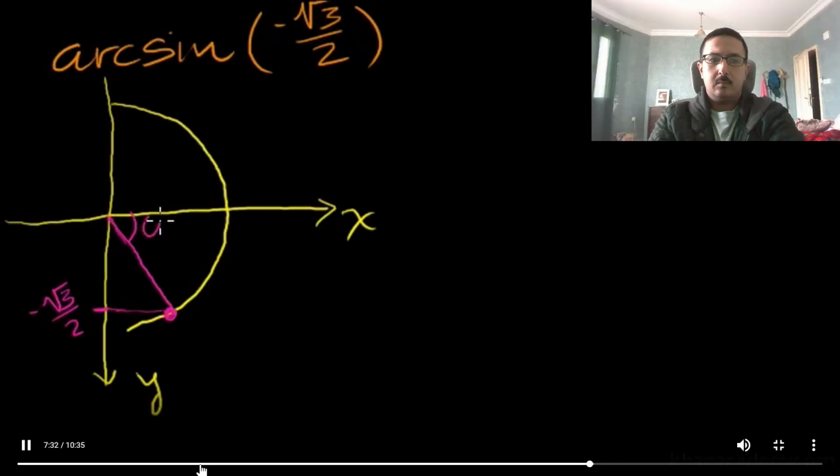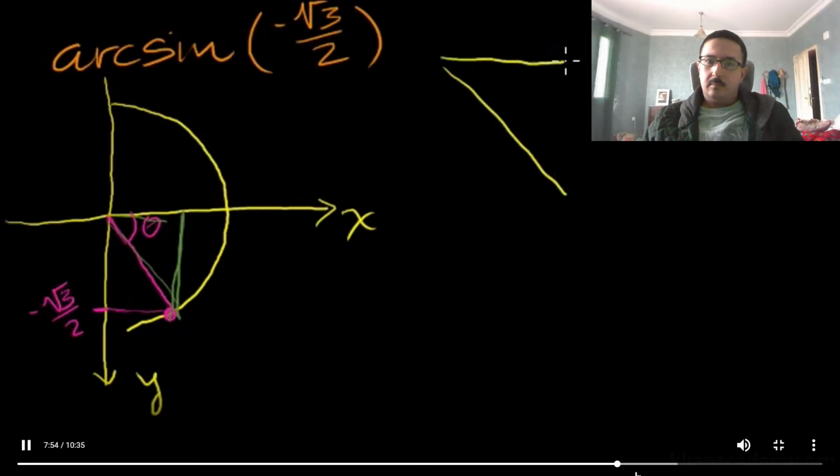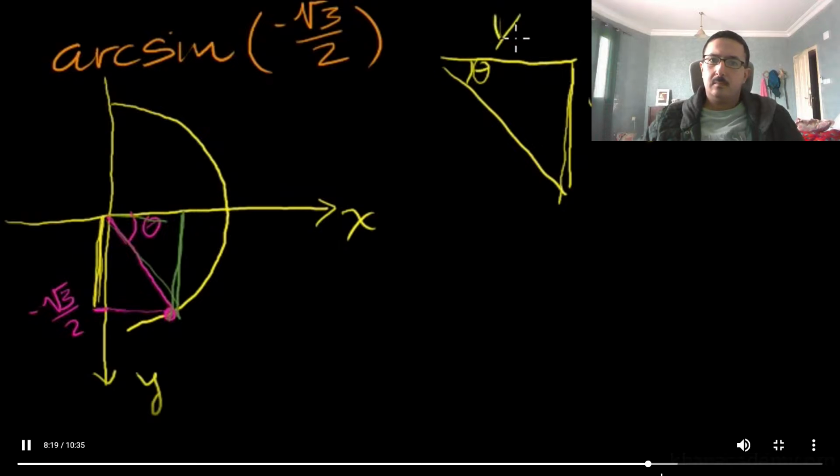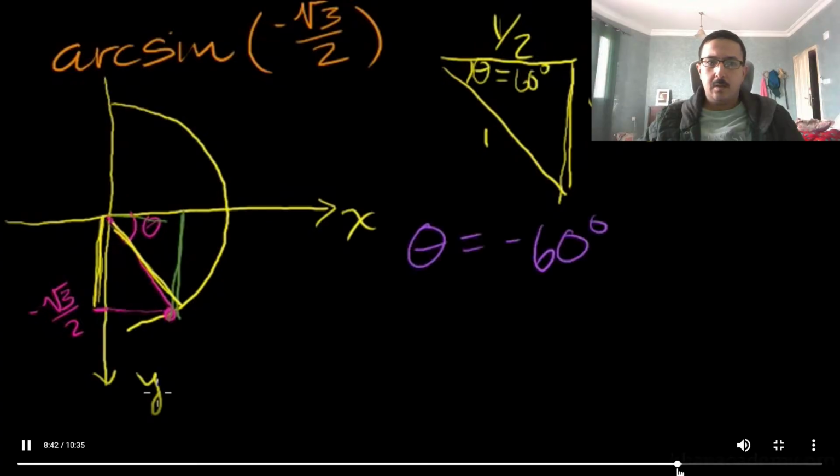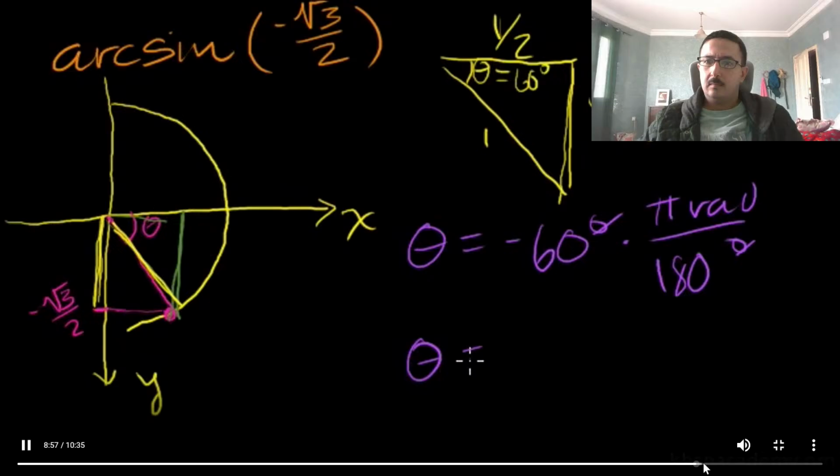This is the angle. It's going to be a negative angle because we're going below the x-axis in the clockwise direction. And to figure it out, let me just draw a little triangle. So when you see square root of 3 over 2, hopefully you recognize, hey, this is a 30, 60, 90 triangle. This side is 1/2, and then of course this side is 1 because this is a unit circle. So it's 60 degrees. But if we're dealing in radians, that's not good enough. So theta is equal to minus pi over 3